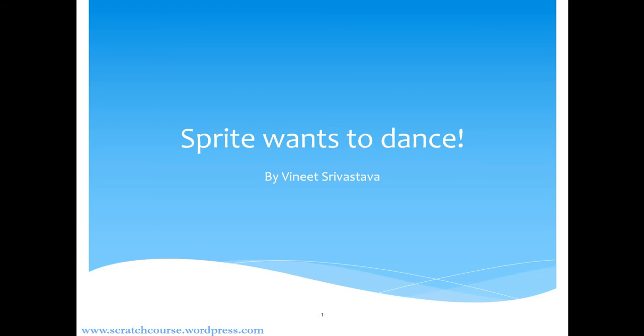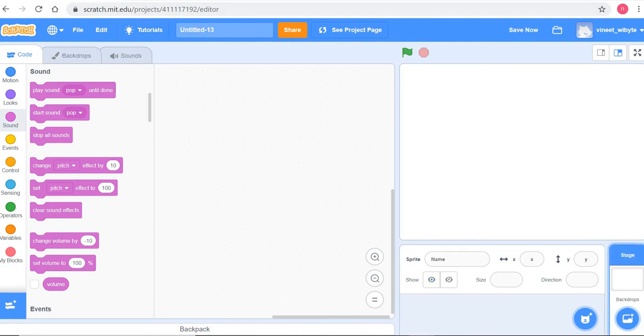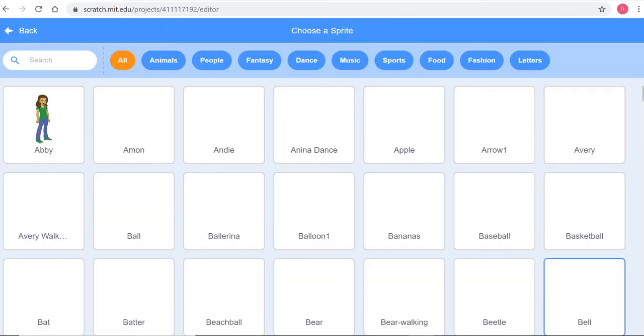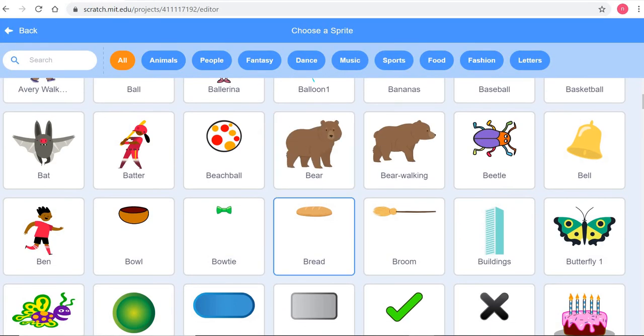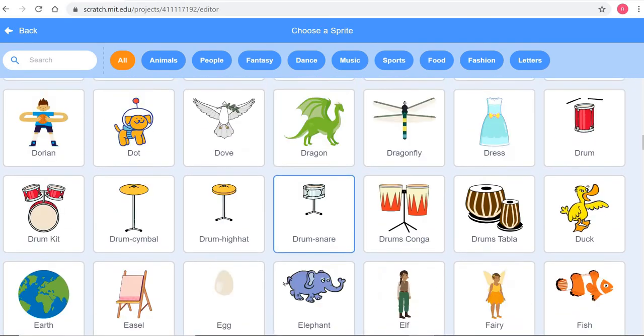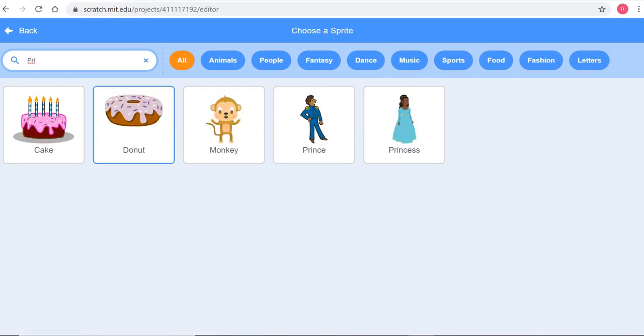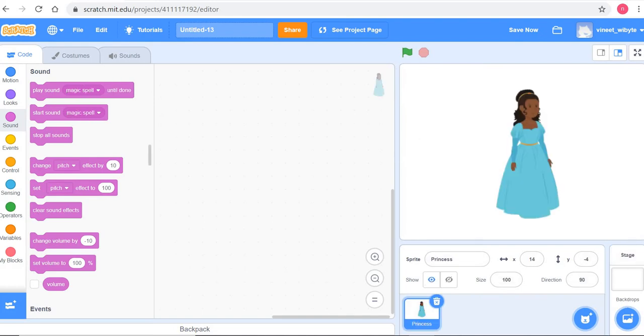So let's get started. Let's go to our familiar Scratch window. And let's first see what are costumes, right? So for this purpose, I'm going to remove my cat sprite, but instead add another sprite called the princess. Why did I choose princess? The reason will become clear as we go on. But for now, let me just find princess sprite. Yeah, it's there. So this princess sprite,